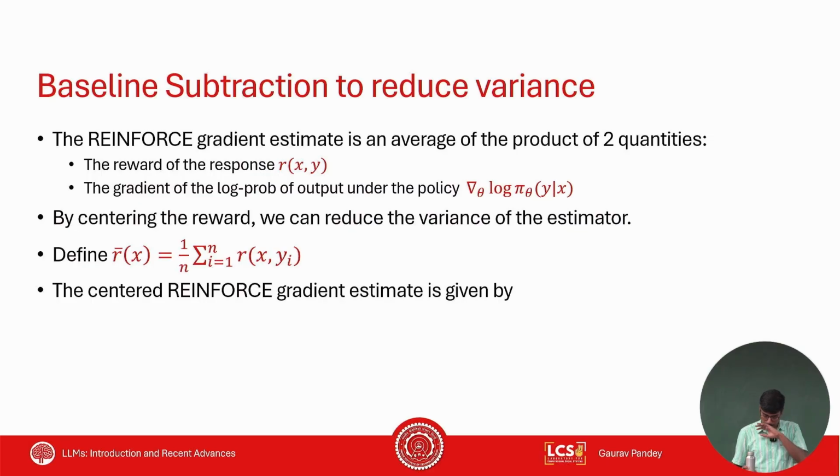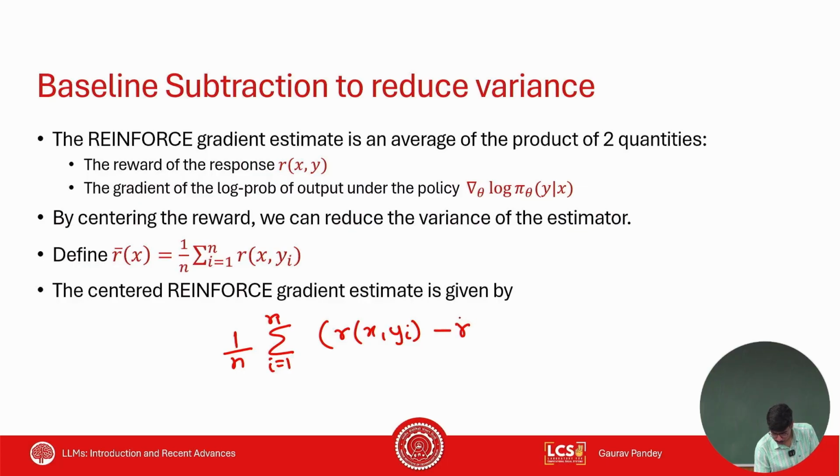Do that, then the variance of the reinforce gradient estimate reduces a little bit. It's not a perfect way of reducing the variance, but it will reduce to some extent. And what will the new reinforce gradient estimate look like once you subtract this baseline? So let's say again we assume y1 to yn are the samples. So 1 over n summation i equal to 1 to n. Instead of reward, now you'll have r(x, yi)